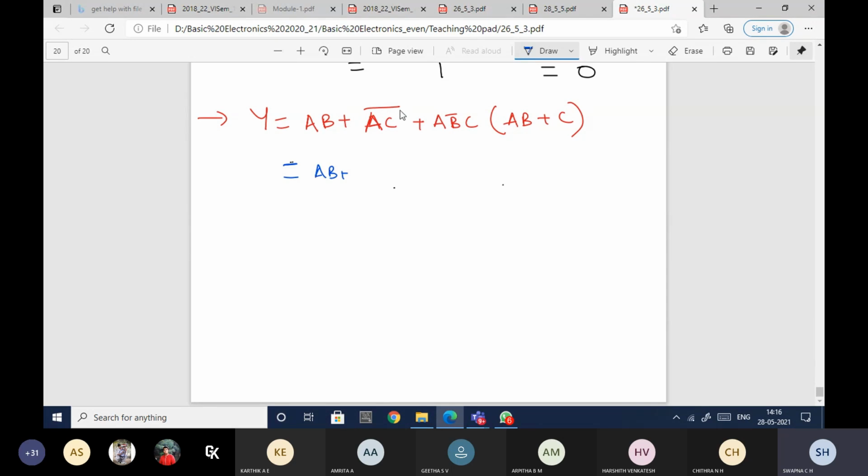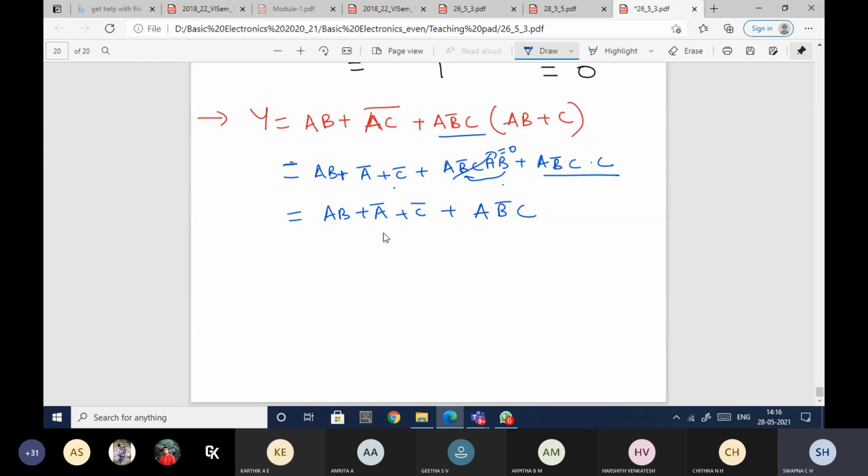I have (AC) whole complement. So what I'll do, I'll just expand it using De Morgan's law. So A bar plus C bar plus, now I'll multiply this inside. So it will become A B bar C AB plus A B bar C into C. Okay, so here if you observe, I have B bar in the same term, so B bar value is 0, so this entire thing will be equal to 0. So it is equal to AB plus A bar plus C bar plus here it will be A B bar C.